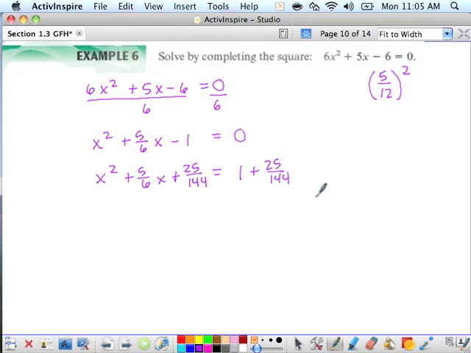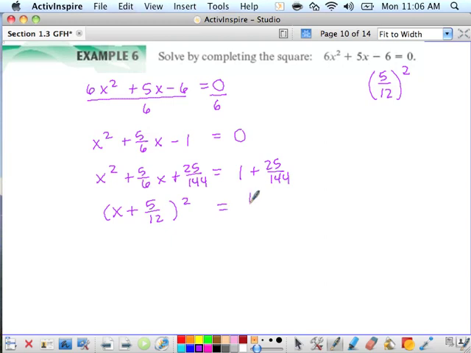Now I know some of your teachers would just stop here and add that to both sides. That's fine too. I just prefer to go all the way out. Now the left side should factor into x plus what? Whatever half of 5/6 was, so 5/12. Great. Quantity squared. And that needs to equal